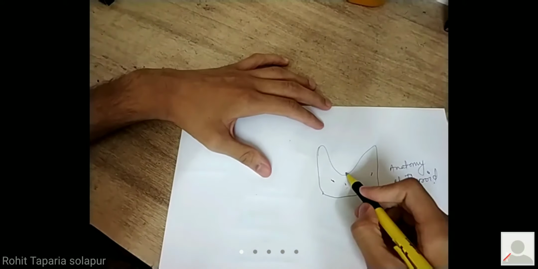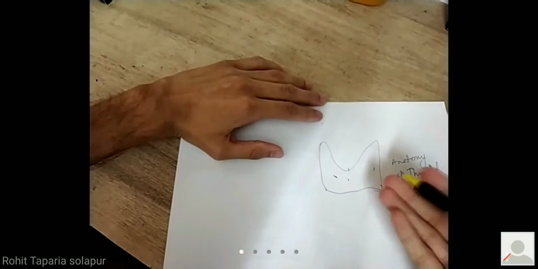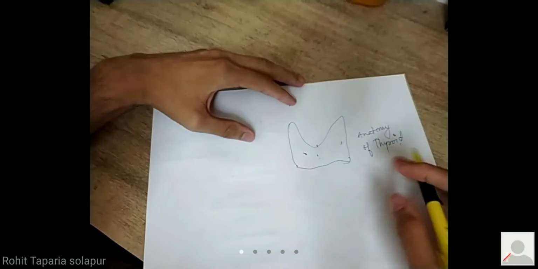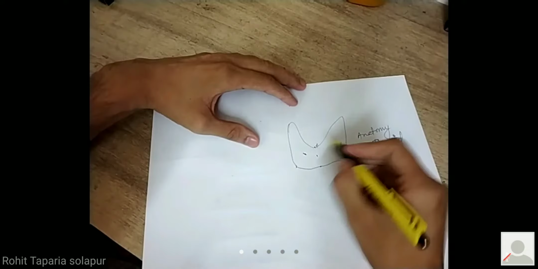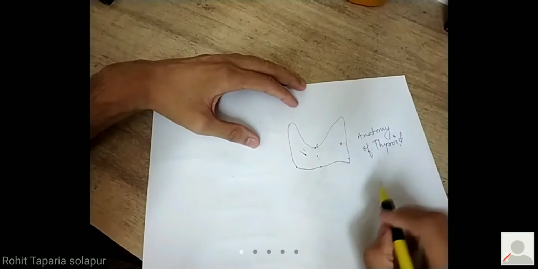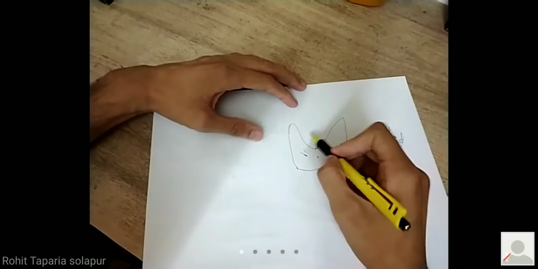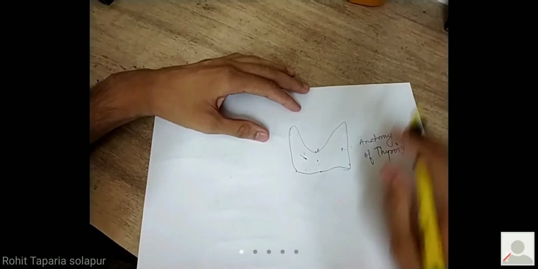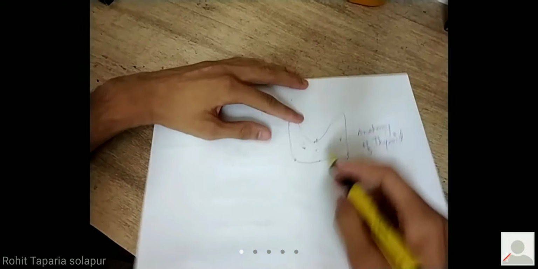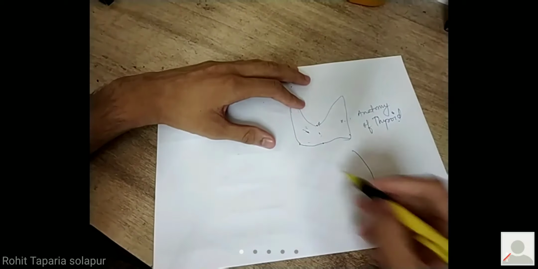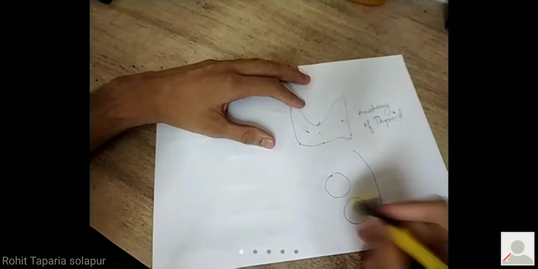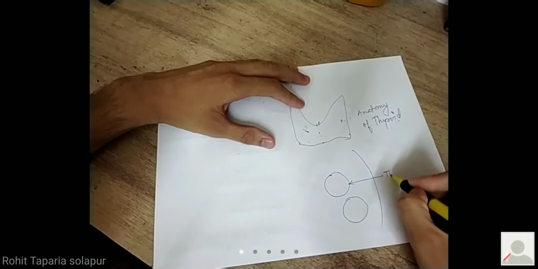This is the isthmus. Yesterday we were discussing the infundibulum, where the part of the oviduct is connected to the uterus. So this is the isthmus between the two lobes, left and right lobe of the thyroid gland. Behind, posteriorly, there are the four parathyroid glands, two on either side. Now, if you go histologically, it is having follicles, thyroid follicles.